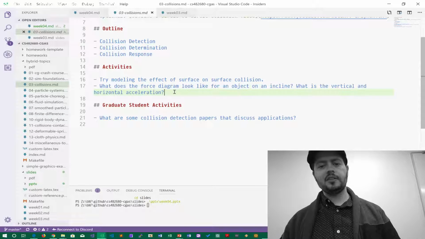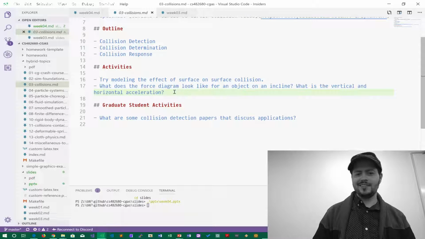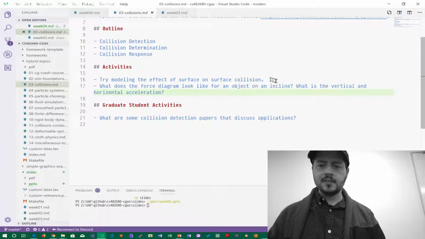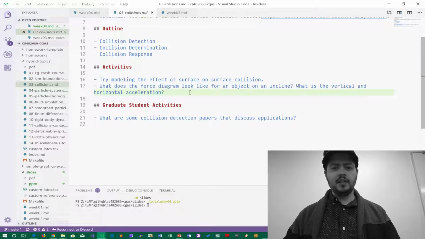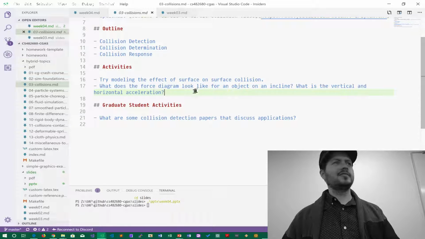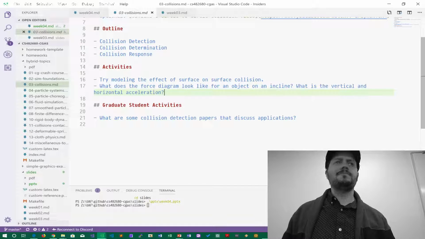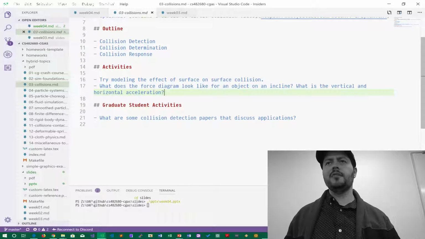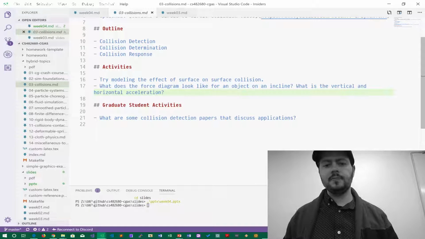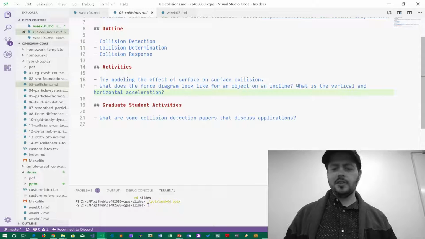Let's see, what else was I asking? Did anybody try modeling the effect of a surface on it? Right. And did anybody remember what force diagrams look like? A bunch of arrows. Those really come in handy when you're trying to do all this work, because it's easy to forget something. So putting that force diagram together helps you